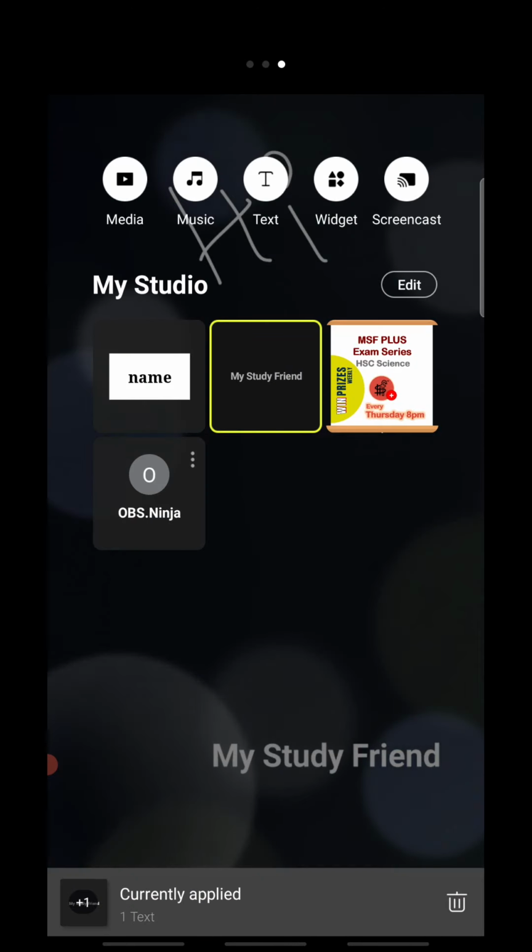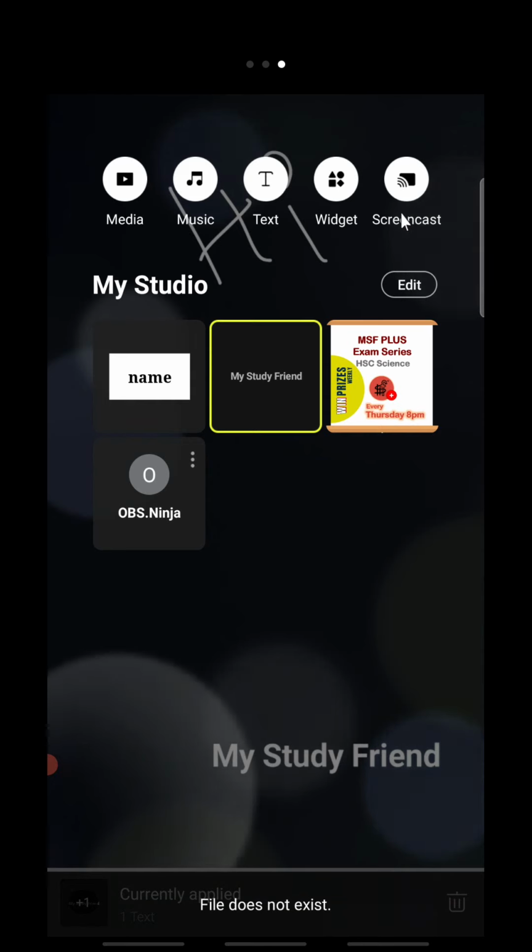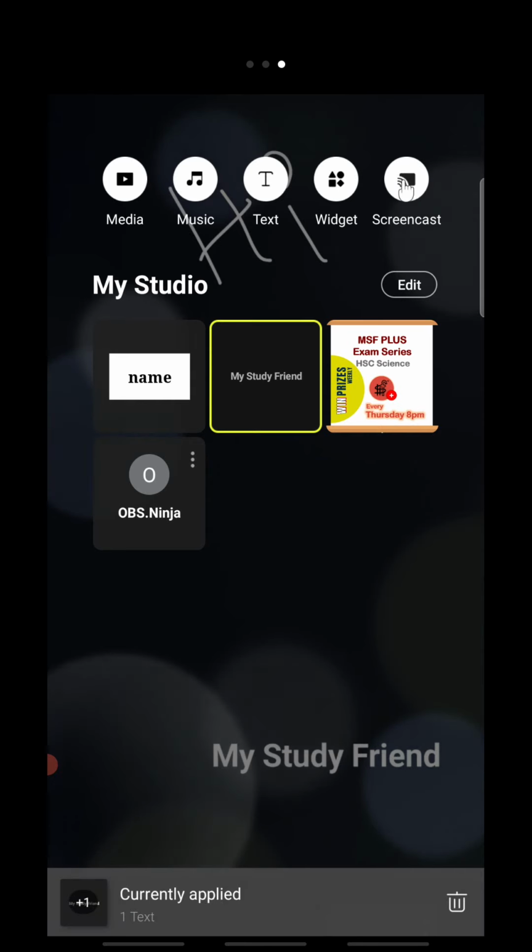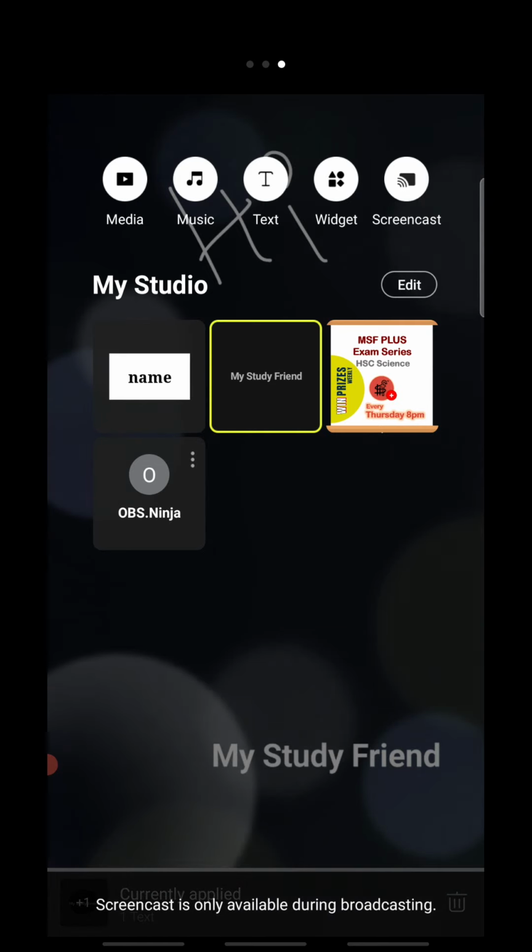So let me show you something more. You can screencast. That means you can share your mobile screen and go live. You can stream games, or you can write in your phone, or you can show anything from your mobile phone using this screencast option. Here if you press that option, let me show you.